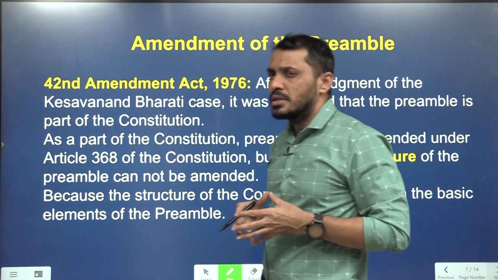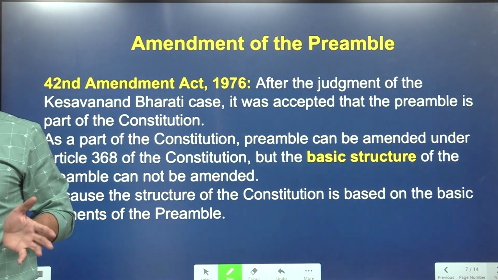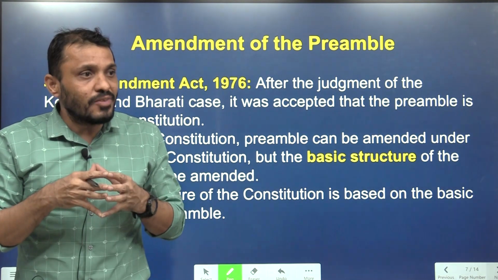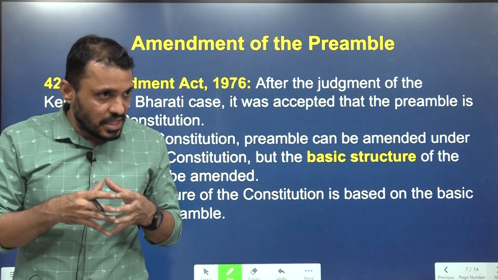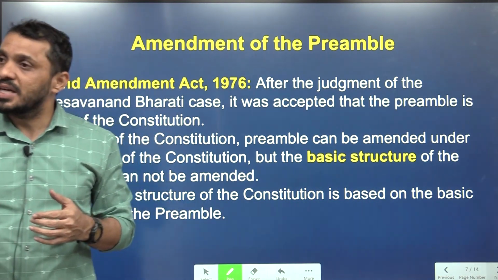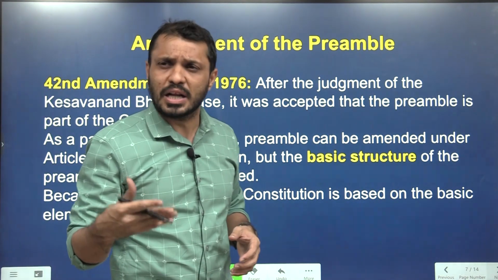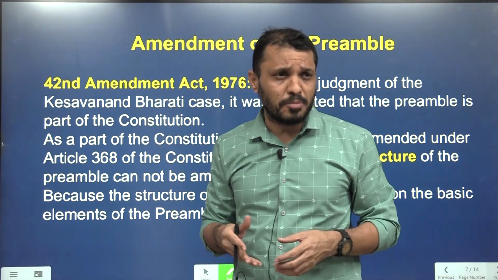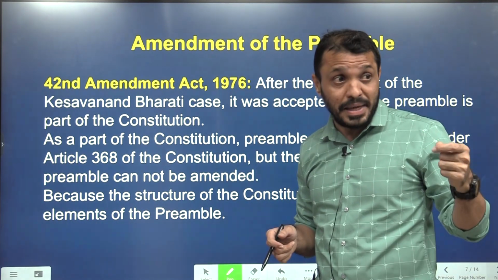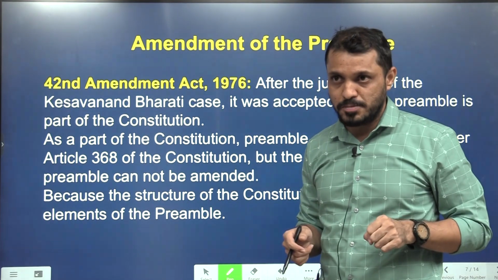Why did we add them? Didn't we have secular before we added this word? Yes, we had the word secular. But the Indira Gandhi government explicitly wanted to show that our government is giving equal preference to all religions. In the process of that, she included this word secular. In fact, even the word socialism is not required, because already the directive principles of state policy, especially Article 39B, Article 39C, Article 39D, all these are related to socialistic principles only.